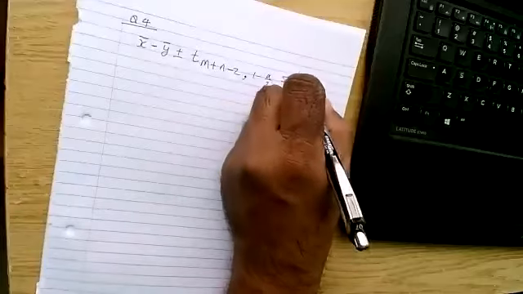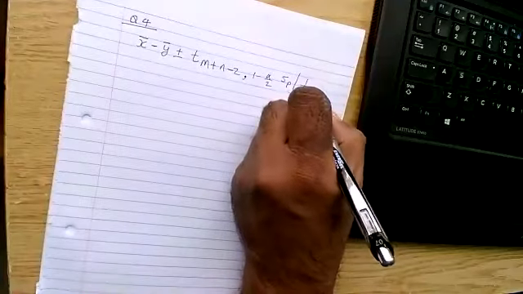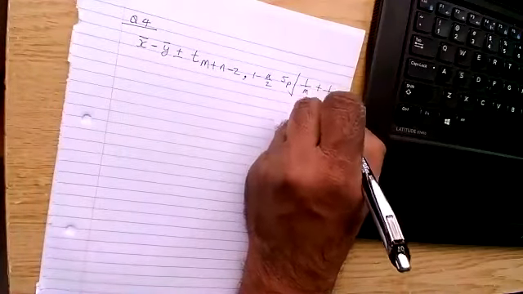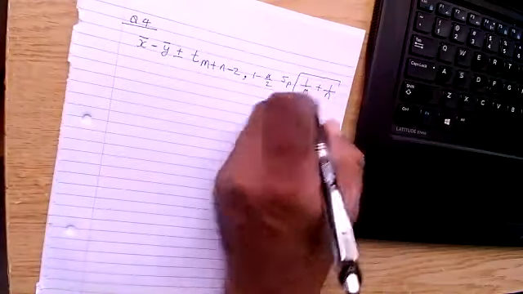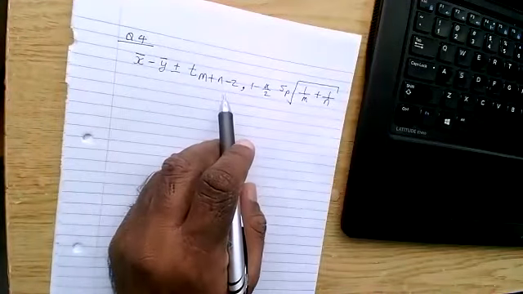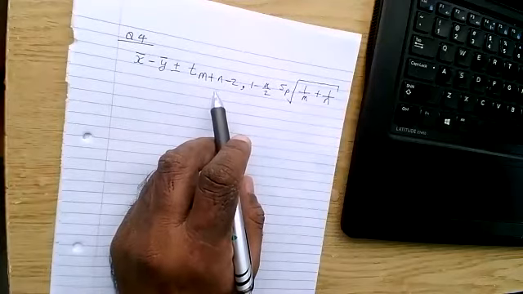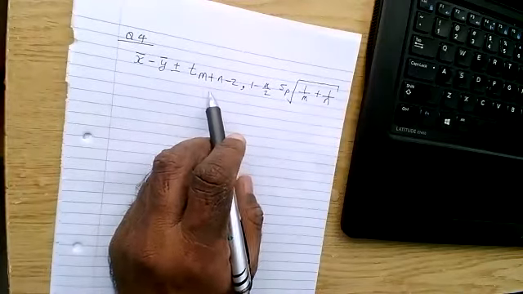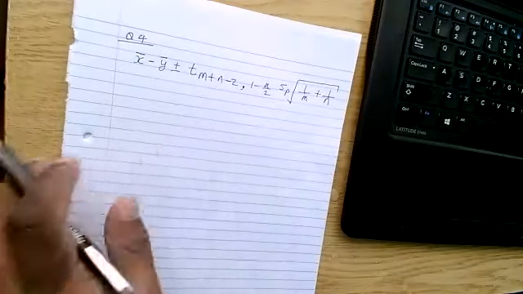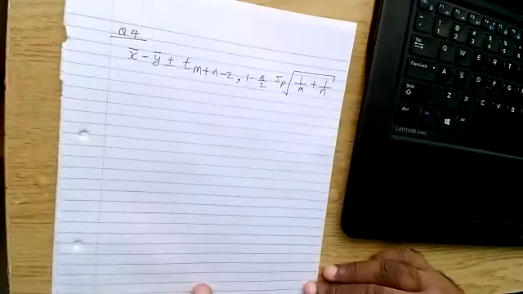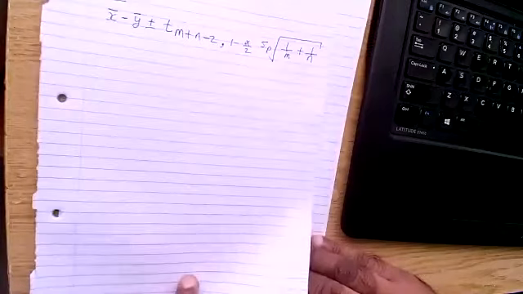All right, this is the formula for the confidence interval for question number 4, right? So I'm going to show you how to use it. Now, if you go to the question, if you read the question one more time,